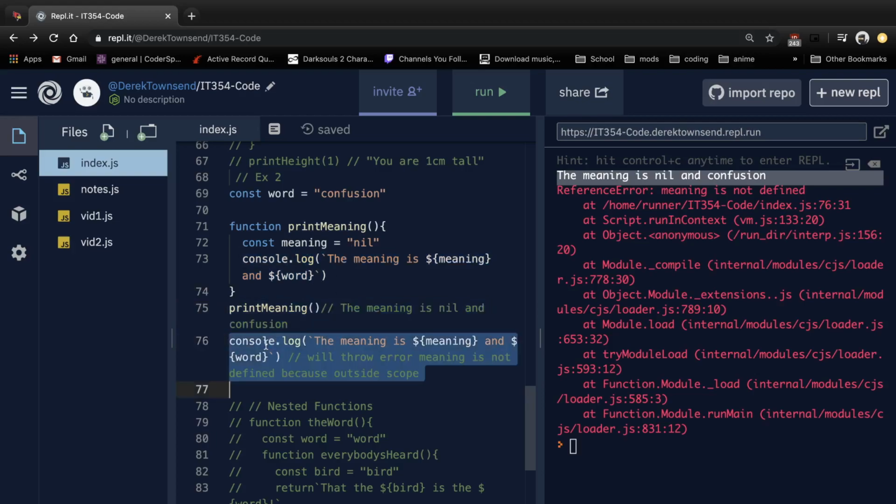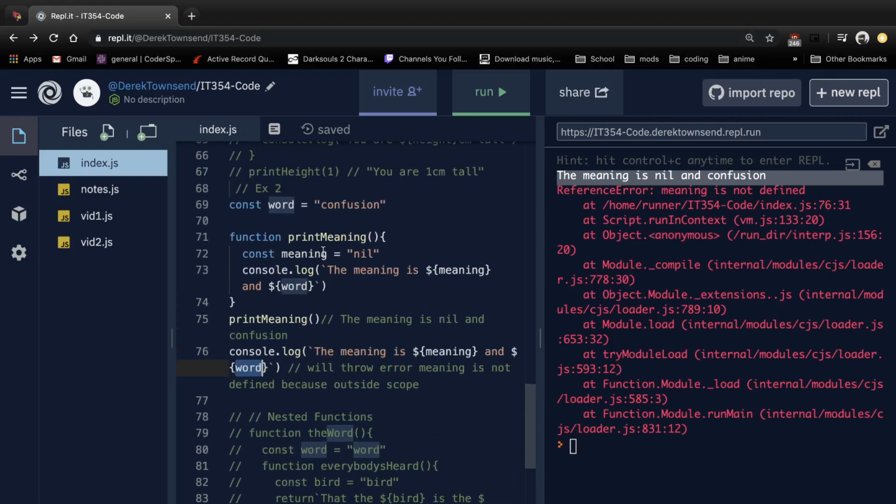But when we try and then print meaning, and we try to do it again, meaning is not defined because it doesn't exist. It's never been declared here. And word has been declared, because we still have access to it because they're on the same level. So yeah, to summarize,